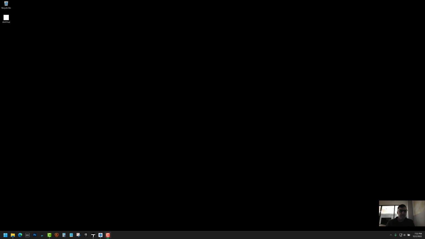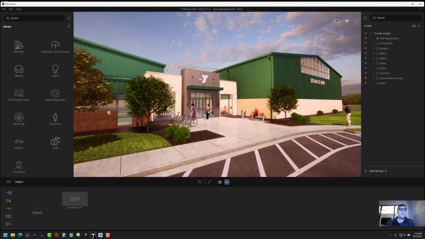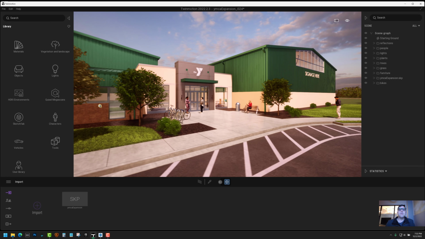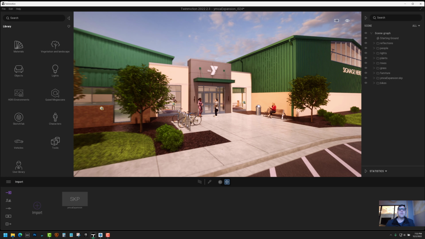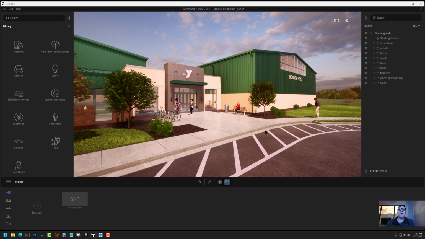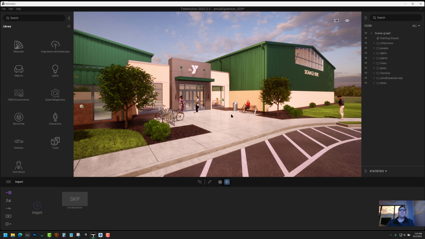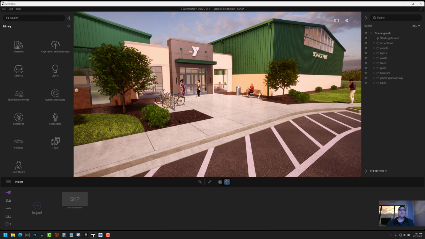This is a tutorial for Twinmotion using custom textures and custom plants. So I've got this scene in Twinmotion that I brought in a SketchUp model, and all of the objects you see are the basic Twinmotion objects. I got some people, some trees, some plants, some Twinmotion materials,